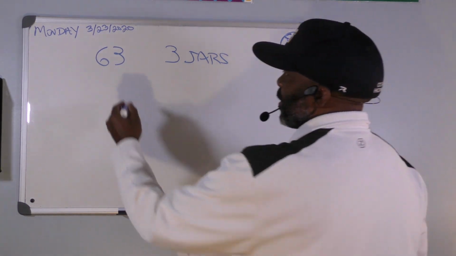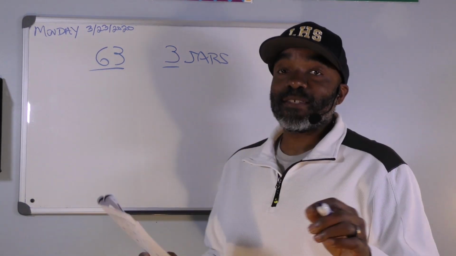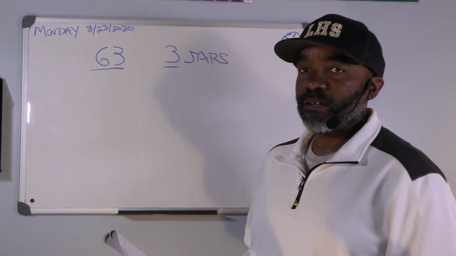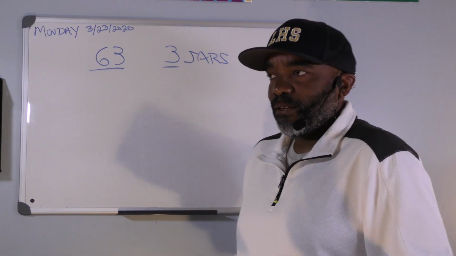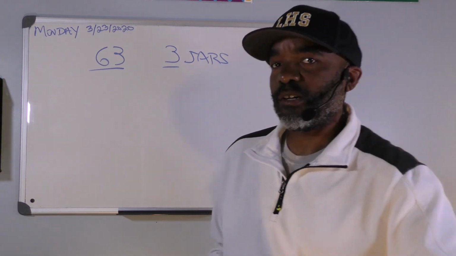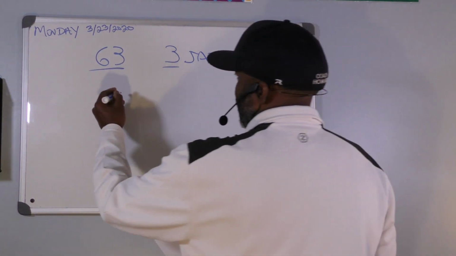She had 63 snacks. She had 3 jars. So how many snacks, that's what they asked for, how many snacks are there in each jar? So basically what this comes down to is we must do what? How many are going to be in each jar? So we must do what? We must divide. So we're going to divide 63